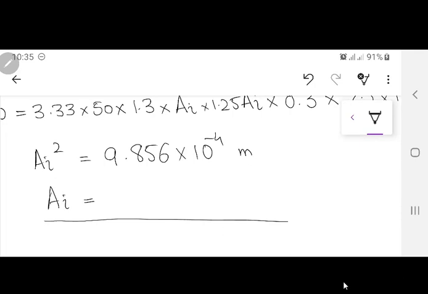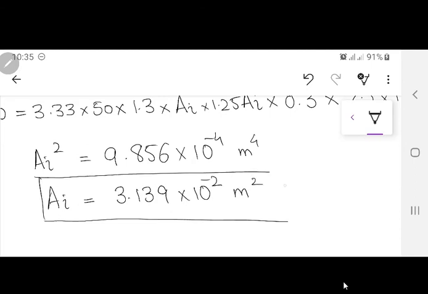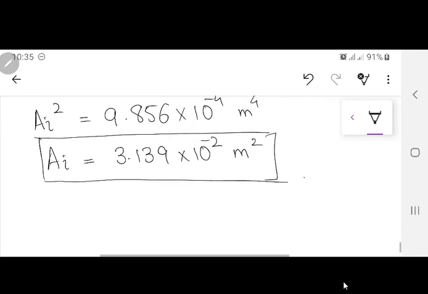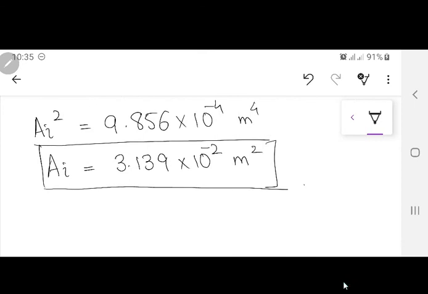Okay, that's all fine, sorry, they wrote meter square. Sorry, it is right, it is correct, it is not that wrong, I misread it. Sorry. Yes, what is the answer? Please take the square root of this. 3.139 into 10 raised to power minus 2 meter. Now you can convert this into millimeter square or whatever you want. It's totally up to you.